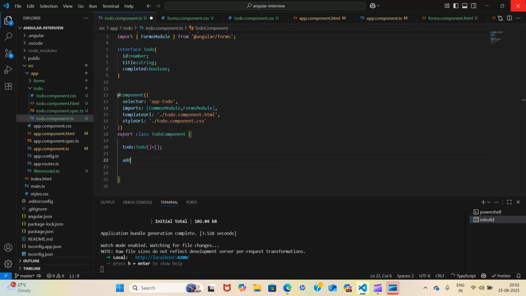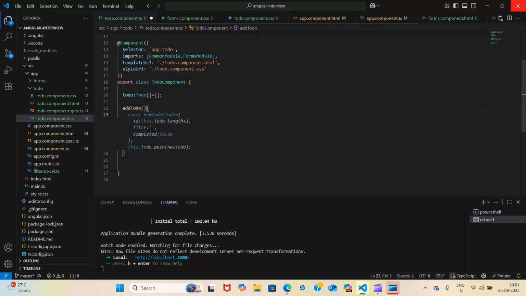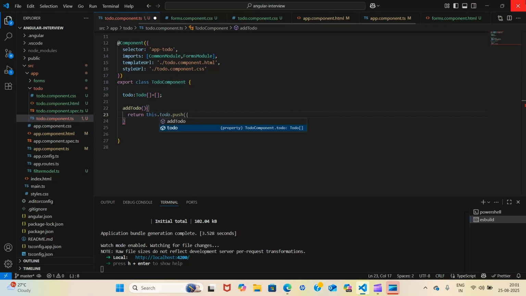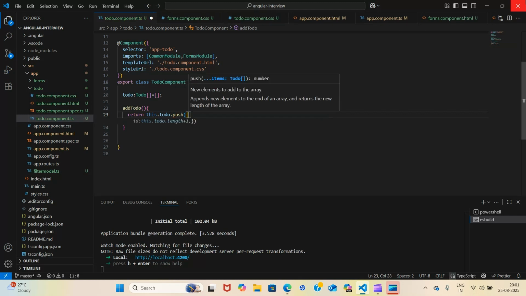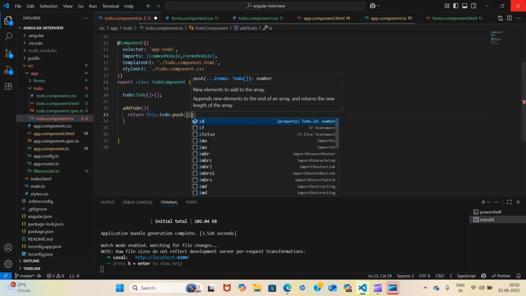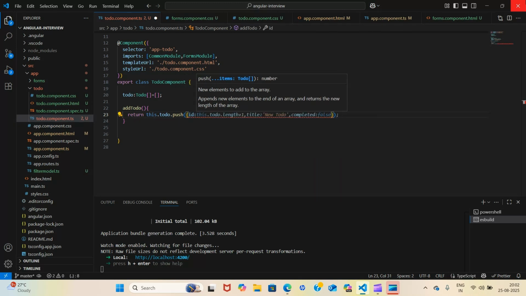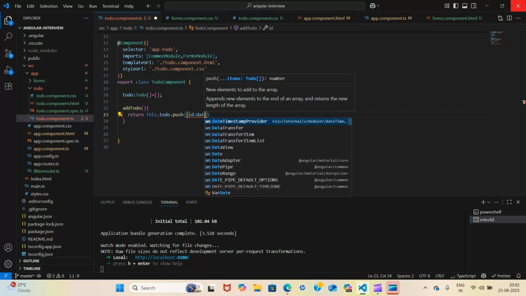Now create an add todo button. When someone clicks on the button to add, then what should happen? In our array, todo, it should be pushed dynamically. And what should be pushed? ID. Let's give the ID something unique, so I will give Date.now.